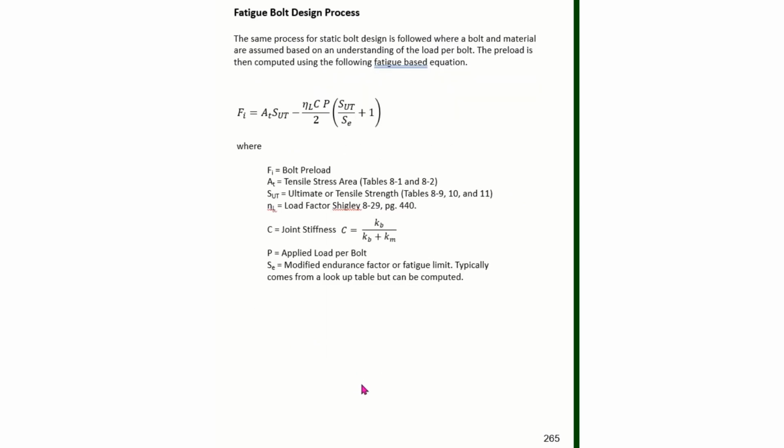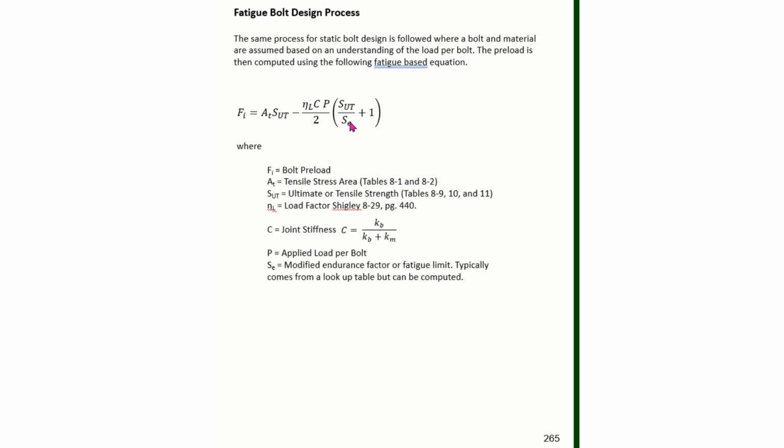For fatigue, it's a very similar approach. The only thing that is different is that Fi is now based on a different equation. Here's the equation for Fi in a fatigue bolt design process. We have At, but instead of the proof strength, we now use the ultimate strength. Here's our A_t over L, here's our joint stiffness again, here's our load per bolt P, and then we have Sut over Se,